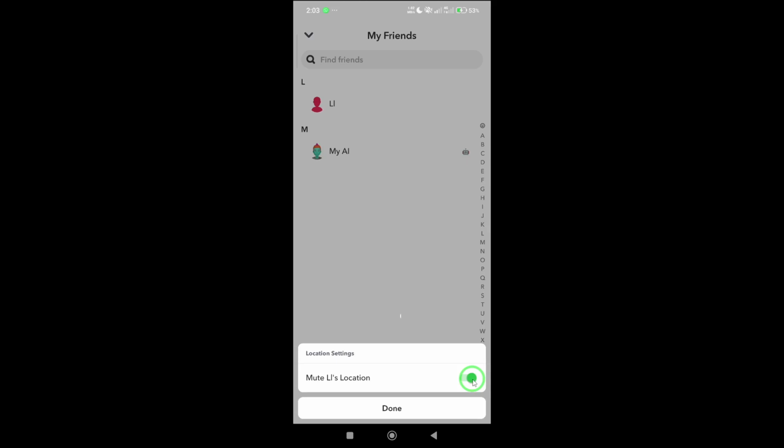Now here's the important part. Look for the option that says something like Mute your friend's name's location. If this is turned on, you won't be able to see their live location updates on the Snap Map. Simply toggle it